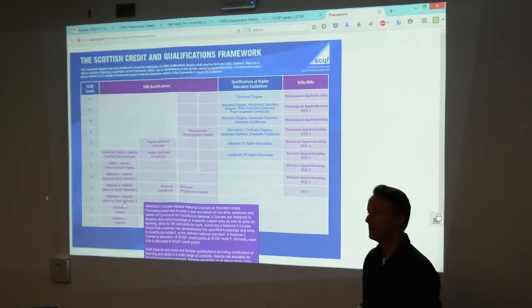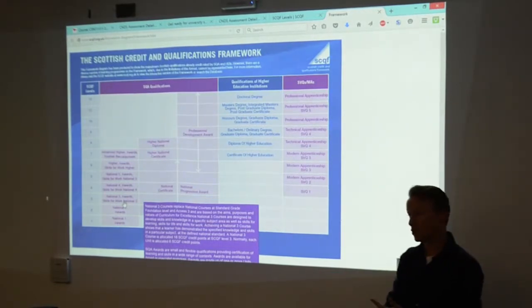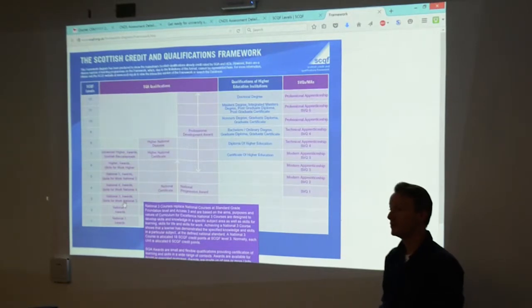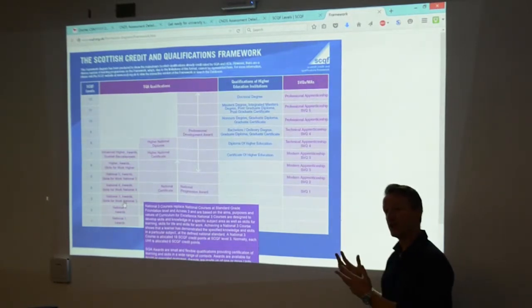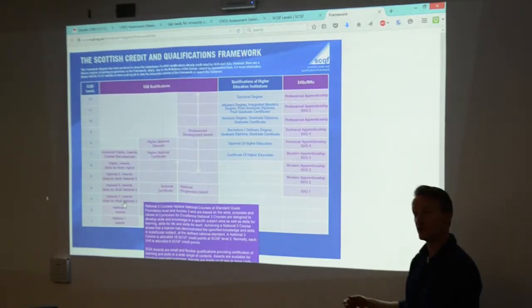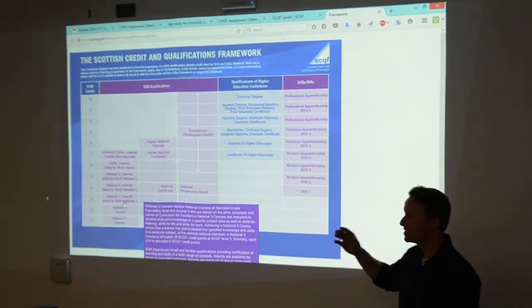So all of our learning outcomes that we put in modules and courses all come from these levels, or should be aligned to these levels. Okay, so when we're asking for master's critical analysis, it's because that's the learning level you're expected to be at, level 11.